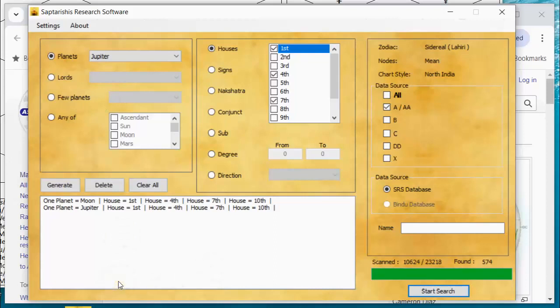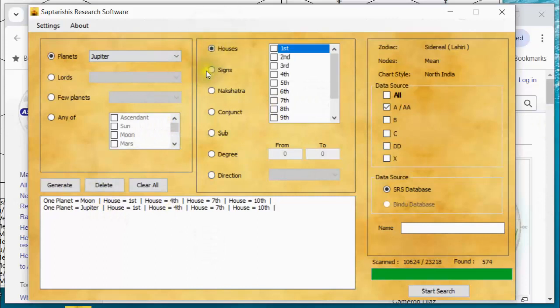The first thought that occurs to me is, why don't I make Jupiter at least strong? So let's do this. So I got Jupiter already ticked off here. How do I make it strong? I put it in a good sign. Where is Jupiter strong? When it's in its own signs or when it's exalted? Okay, so let me do that. I had to click this.